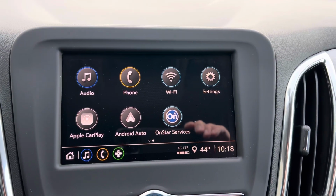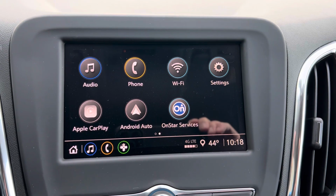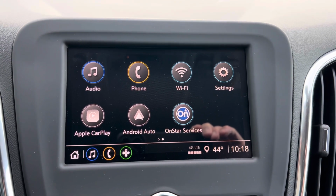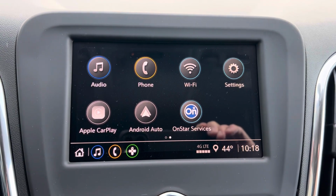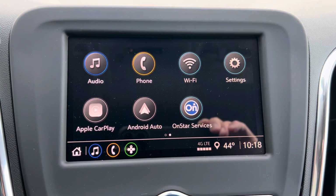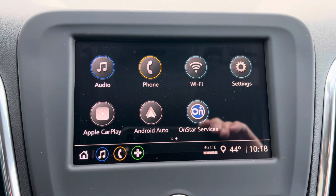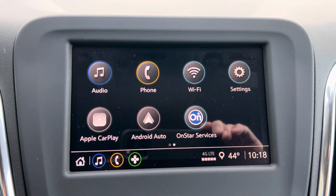All right, infotainment system time. We have the entry-level GM 7-inch infotainment system. As you can see, you get the Wi-Fi hotspot, wireless Apple CarPlay, wireless Android Auto. All the navigation will be through your phone. There's no nav built in. We have our OnStar services, Bluetooth for the phone. So some basic functions, but